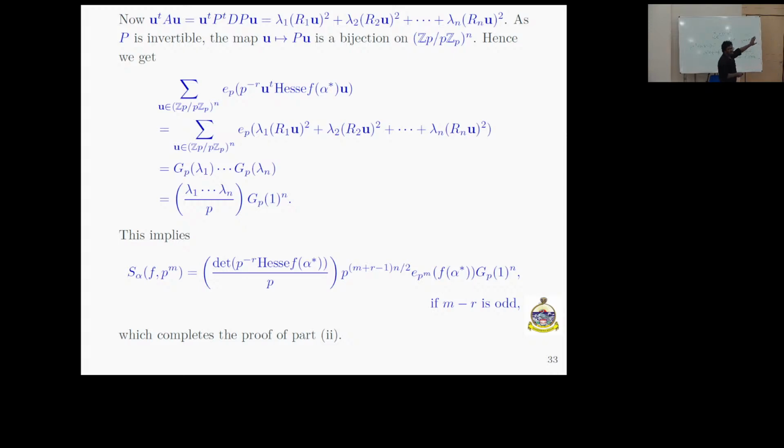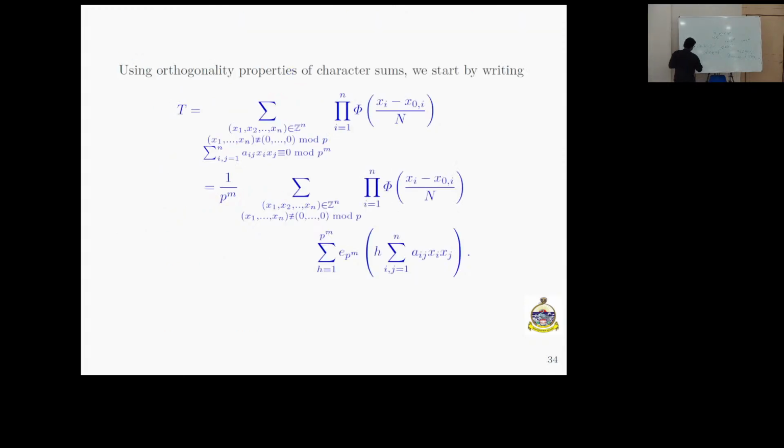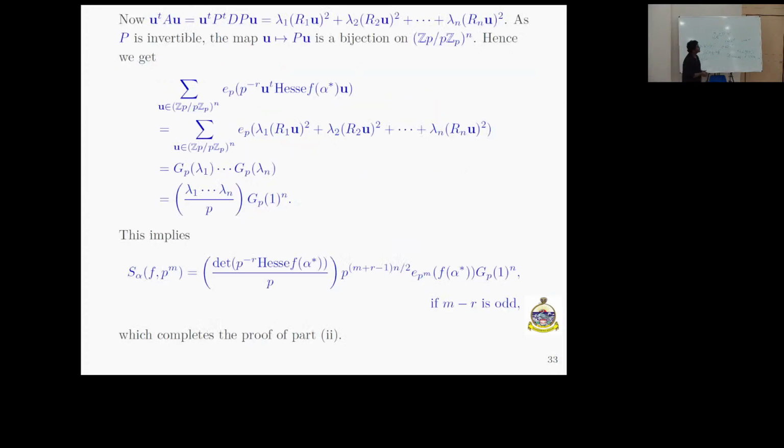Now this is the standard Gauss sum, which we have already defined before. So this is the standard Gauss sum as we have defined before. This is like this, sum from 1 to p of e of some n x square, right? Oh, sorry. Then we can just break this exponential sum into a product to capture the n quadratic Gauss sums. Now there is a result: if you have a Gauss sum which is like this, and this n is co-prime to p, then it can be written as like this.